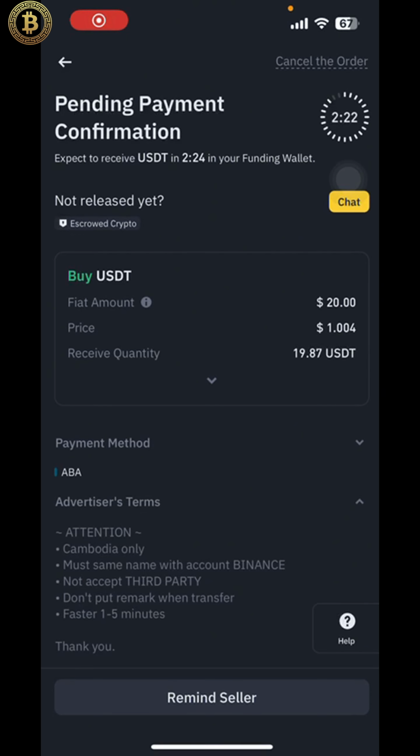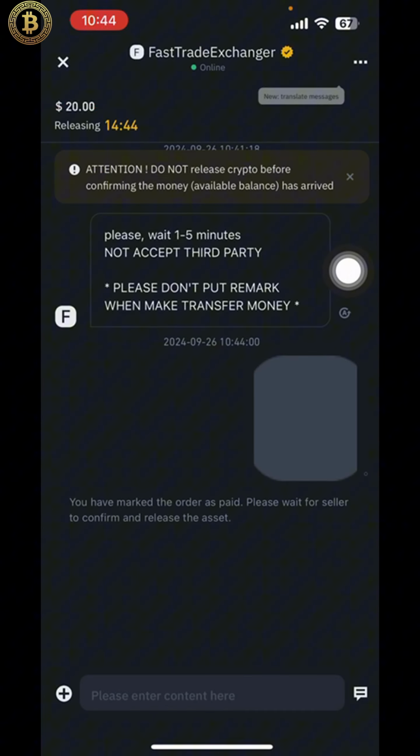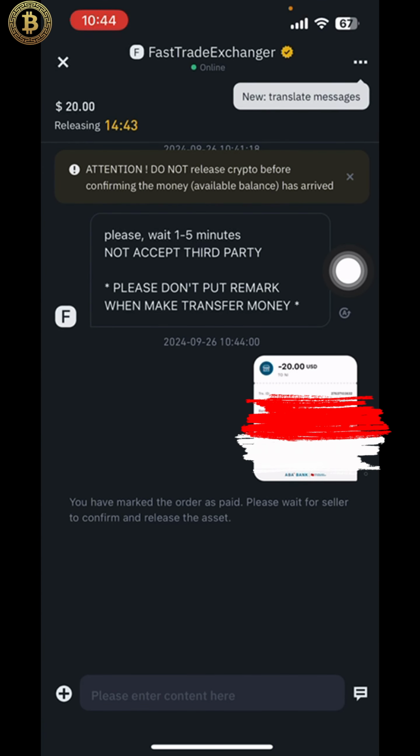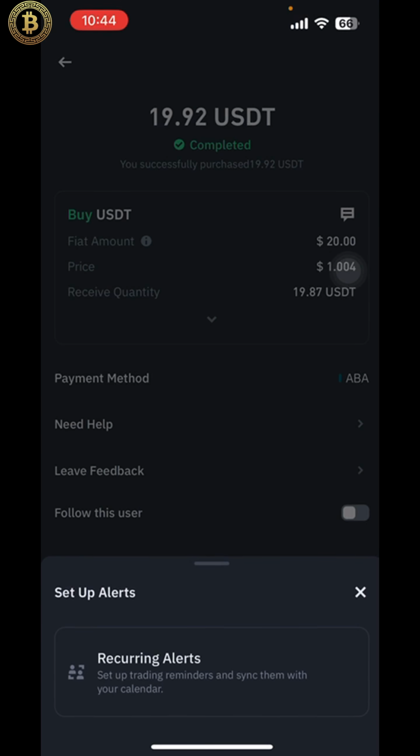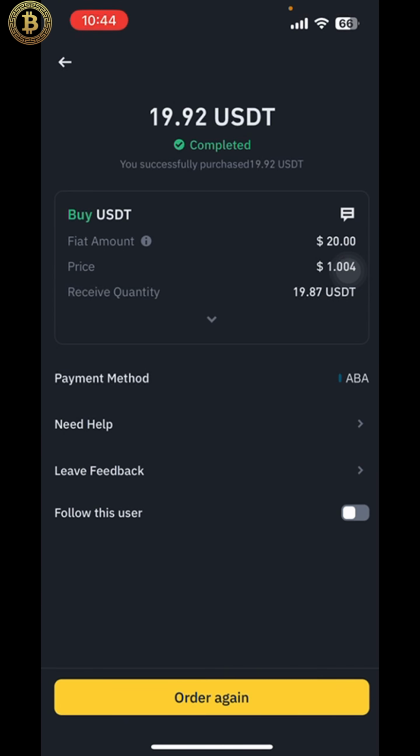I have already made the payment and even sent the screenshot in the chat so that it shows there that I submitted that. And then the counterparty released the crypto. So he already released it, order completed. So it happened that fast. I was trying to show you guys what takes place. But basically, I received $19.87 of USDT for the $20. So there's a small fee associated. That's what showed on his